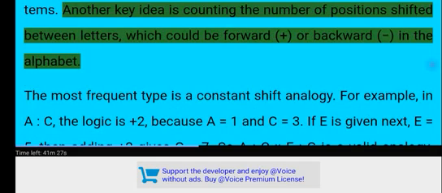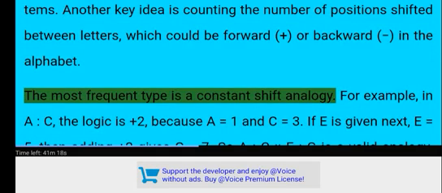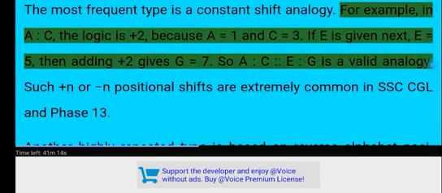Another key idea is counting the number of positions shifted between letters, which could be forward, plus, or backward, minus, in the alphabet. The most frequent type is a constant shift analogy. For example, in A, C, the logic is plus 2, because A equals 1 and C equals 3. If E is given next, E equals 5, then adding plus 2 gives G equals 7. So A, C, E, G is a valid analogy. Such plus and minus positional shifts